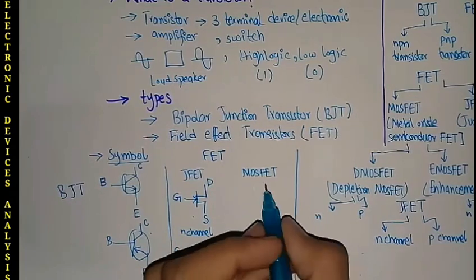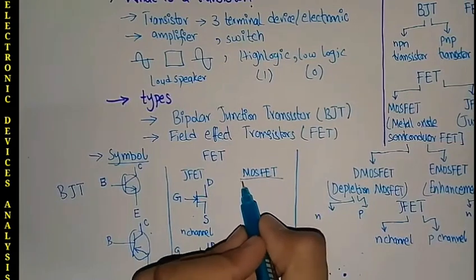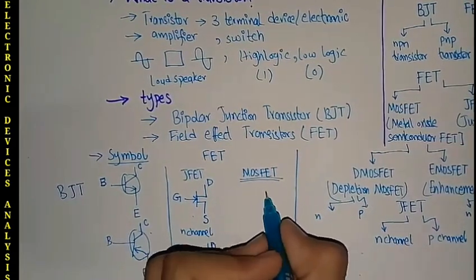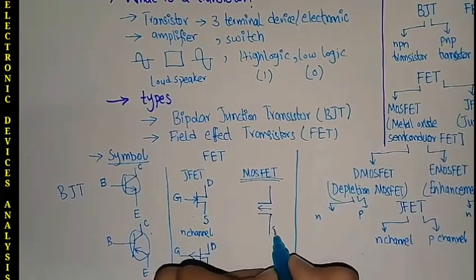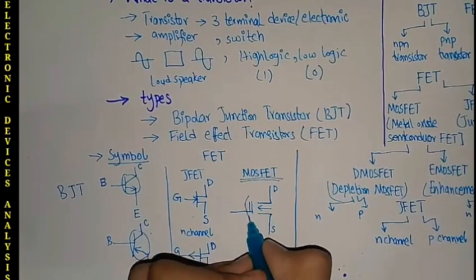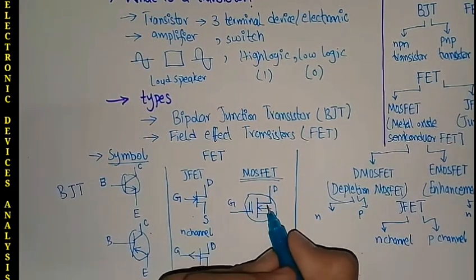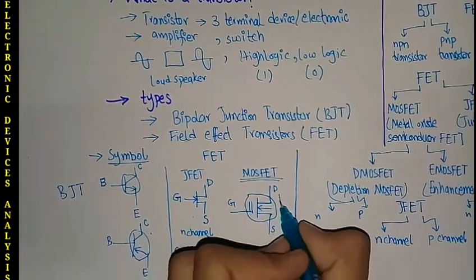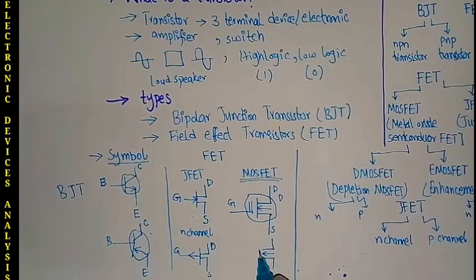And the MOSFET has two types, the D MOSFET and the E MOSFET. So the main MOSFET symbol looks like this, where it will look like this as D, and this will look like this. So this will be the symbol of the MOSFET, and in case of D MOSFET, this symbol will be recognized as a D MOSFET. This will be also for the D MOSFET. And for the E MOSFET, this line is broken down. This will be drain, gate and the source.